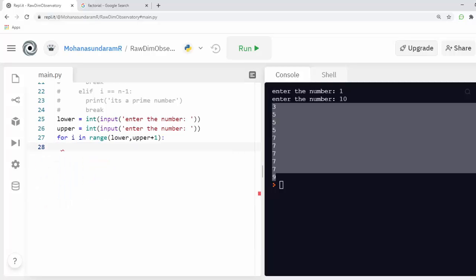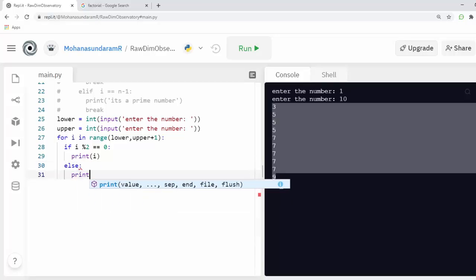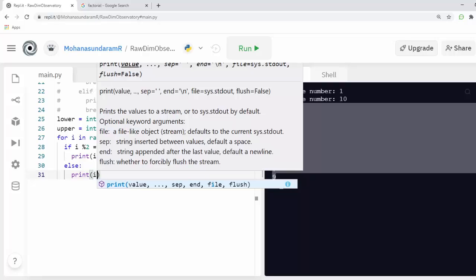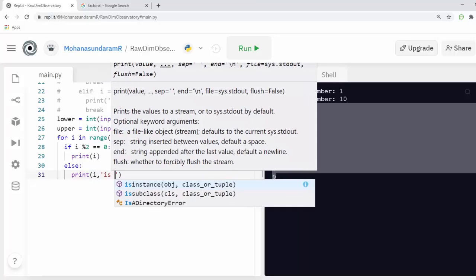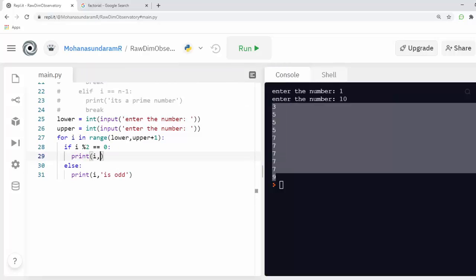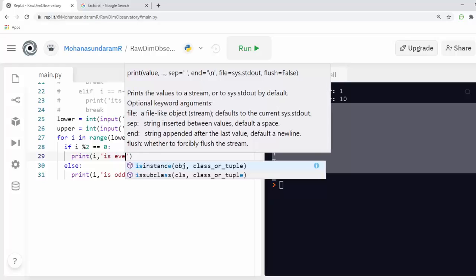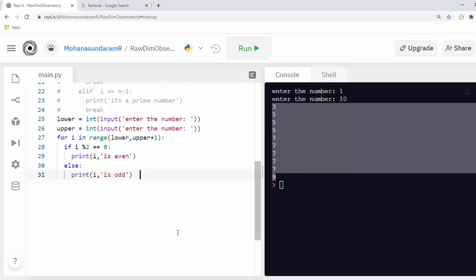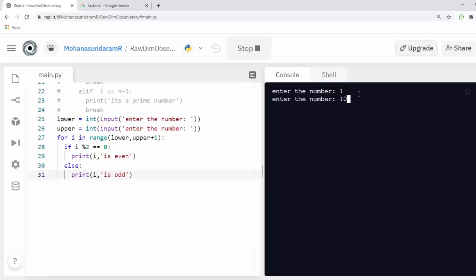If i mod 2 is equal to 0, print i, else print i is odd. Same, I'm using 1 and 10.